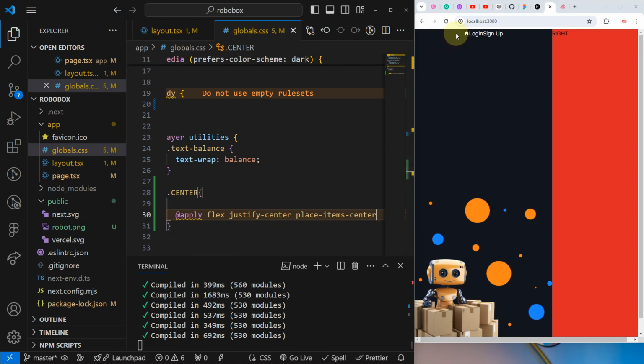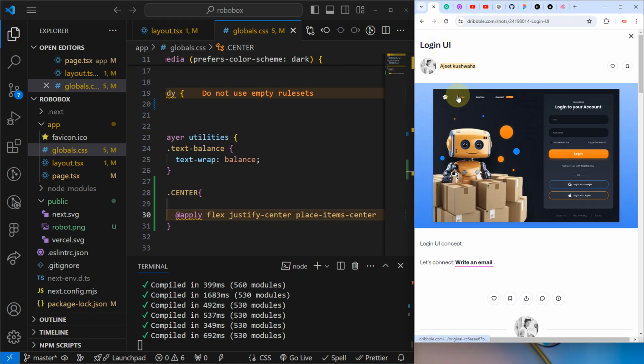These are jumping to the center, and now it looks like they are in the same line. This is what I want, but not really, because now this is in the center. Let's go here. I don't think this is necessarily in the center. I think it has been pushed almost to the left a little bit,